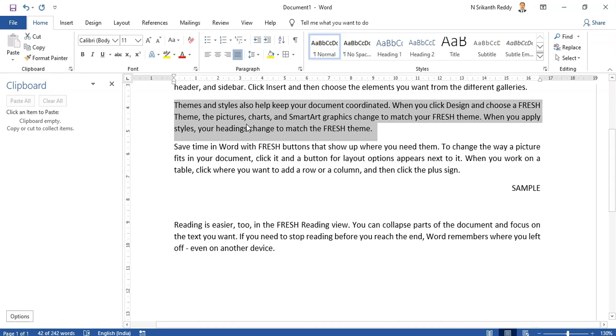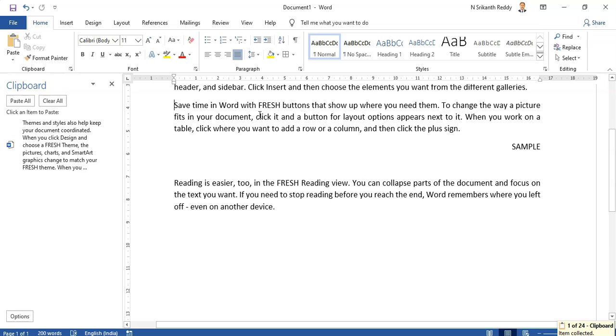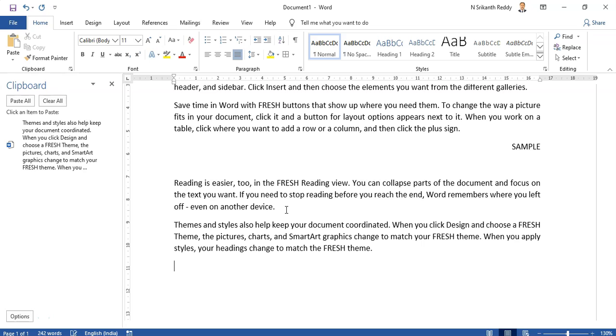Once I press Control X, this paragraph will become invisible here. Now it is removed from here. See, it is removed, and it is placed in the clipboard. Okay, now this is what cut is. Cut is you are removing some text and you are putting it on the clipboard. That is Control X, cut. Again, if you want to use it somewhere, for example I want to put it here, then you can use Control V.